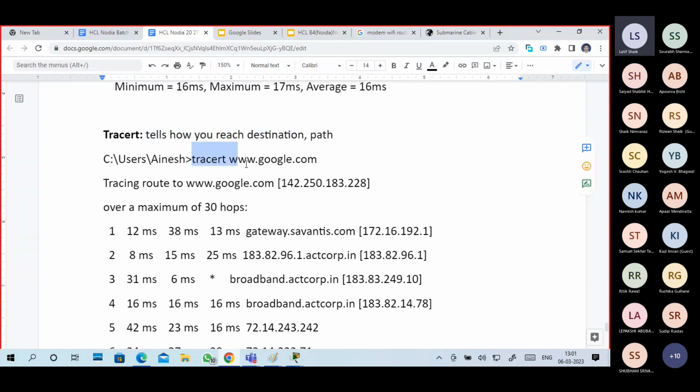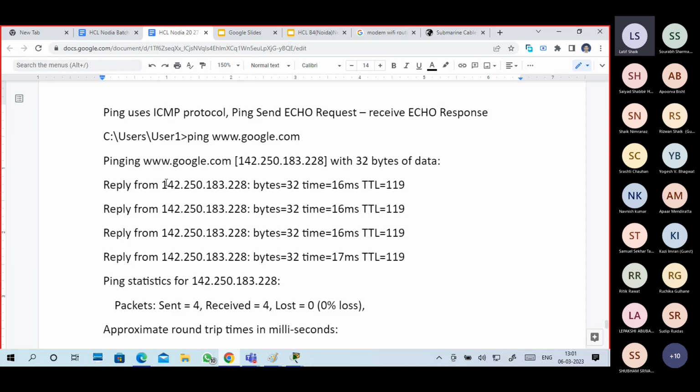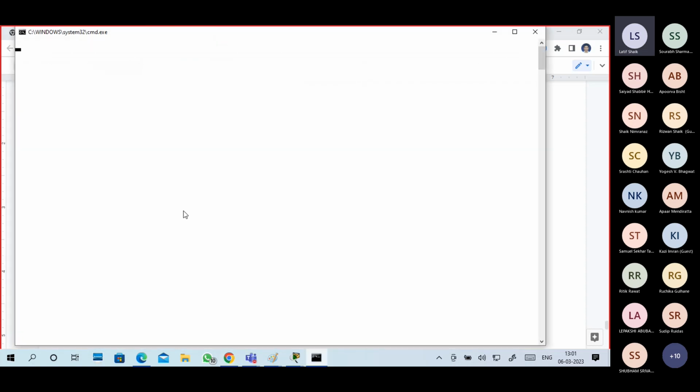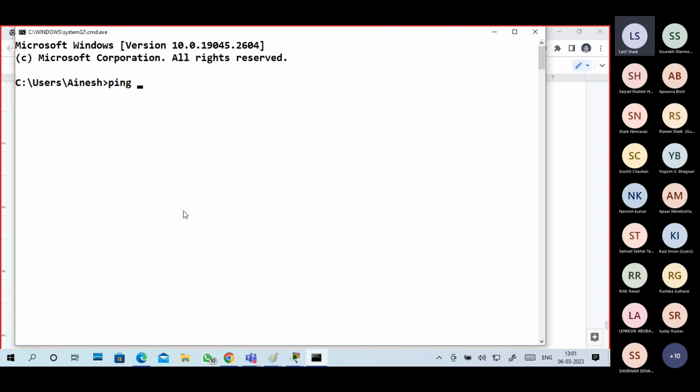So I give Tracert www.google.com. I will show you both. Go to command prompt. First, can I reach google.com? So what do I have to do? Ping. Guys, I don't know the IP address of google.com, so the request goes to my DNS server.